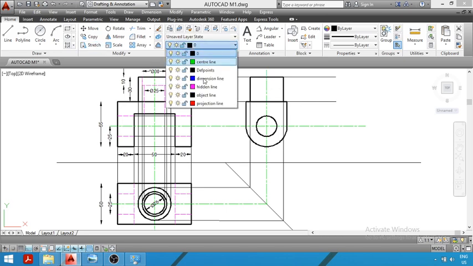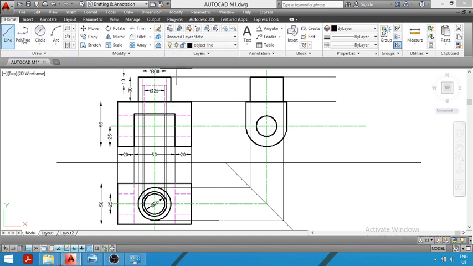For projection, you have to just draw a construction line from the lower point. Now you can see the hole begins from this point and it ends here, that is at a height of 10 mm. So this lower part will be projected in the side view. So we have projected, you can see this is the height of the hole, equal to 10 mm. So this lower line, which is a hidden line, will be projected in the side view. Now in the next step, we will complete the hole.